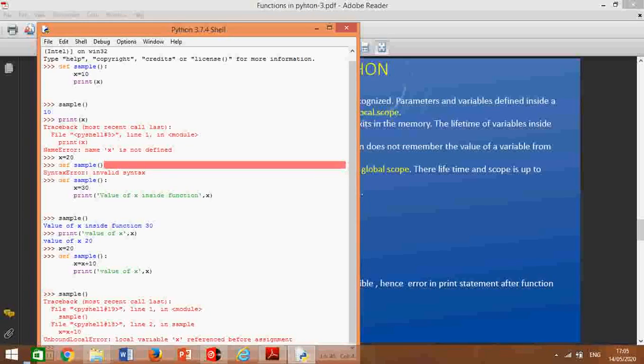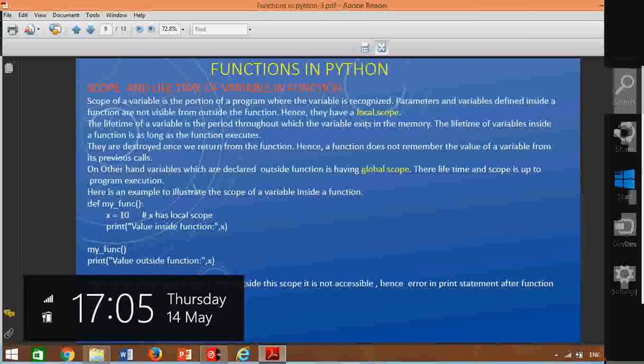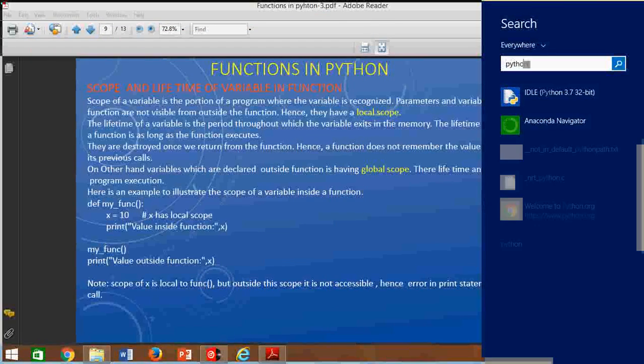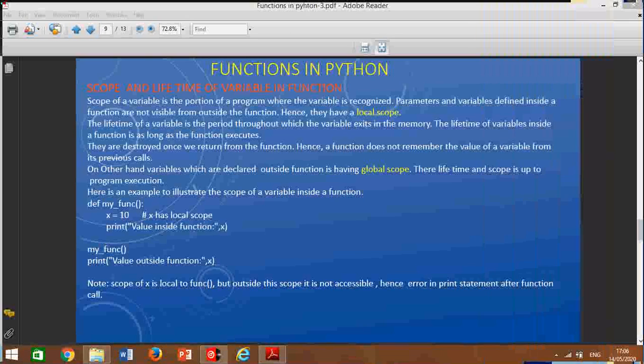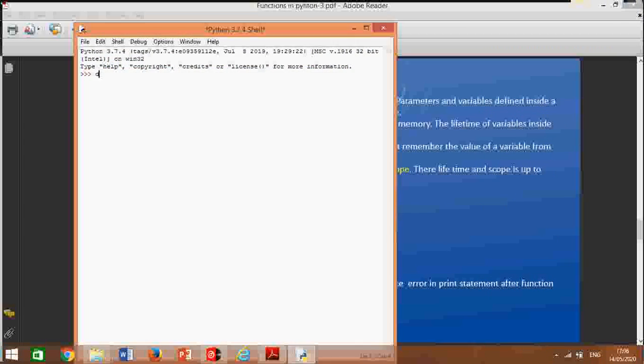So I'll take another example here. Let us take a new editor. def sample, let us pass a variable, say x.